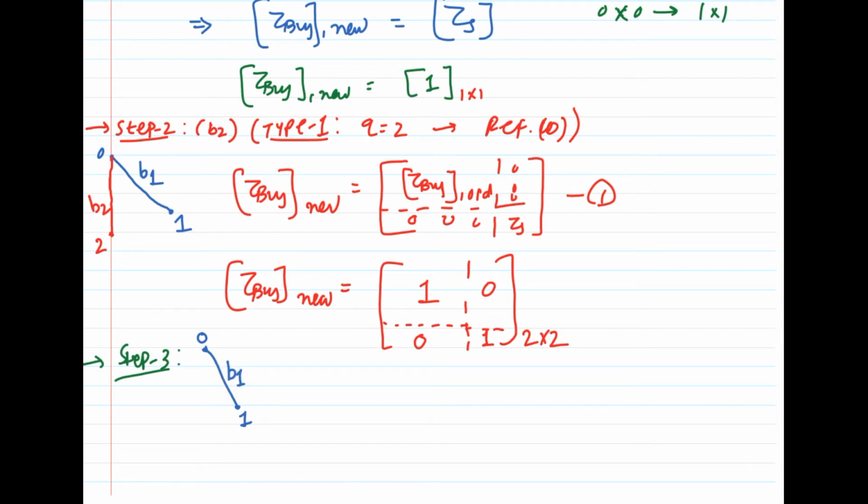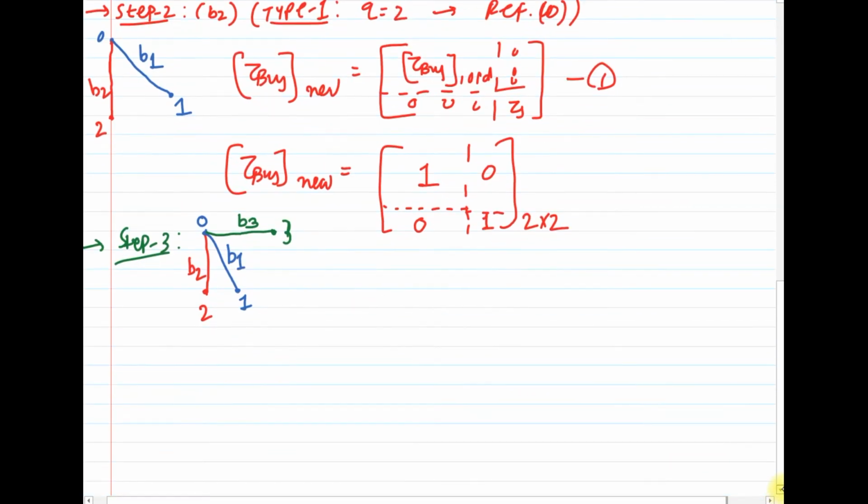Next, in second step we will have this element number B2, and now we will consider this element number 3, or I can say B3, into this network. So now just look at over here, among the two types, that means type 1 and type 2, which modification is applicable over here for this element B3.